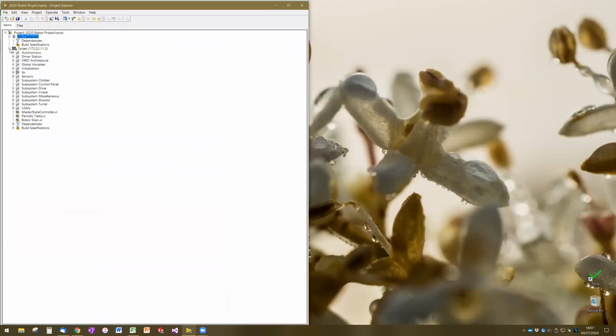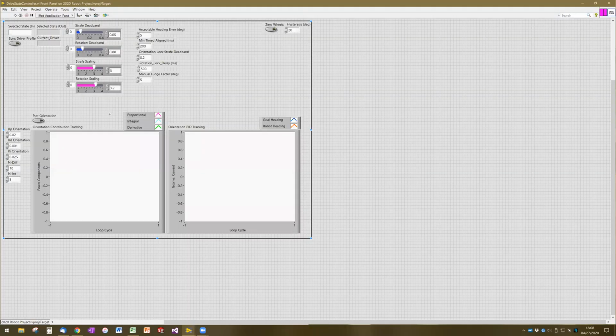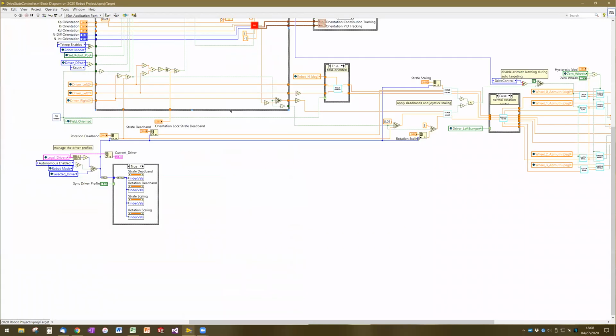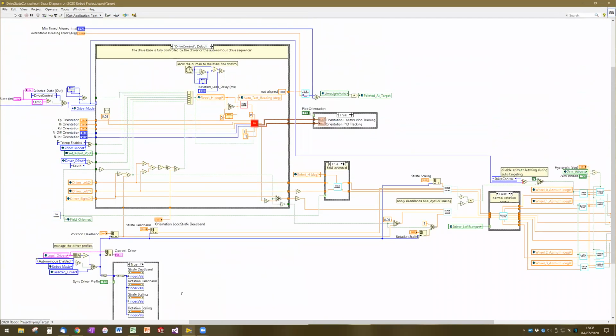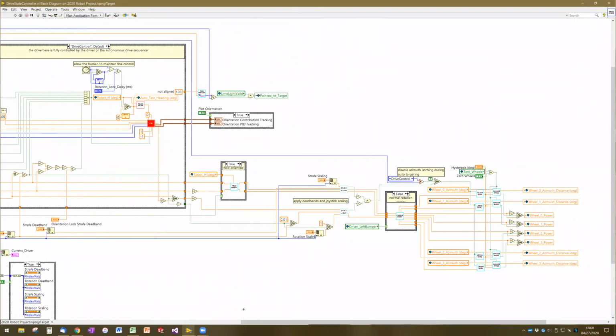And we're going to be doing all of our work, well, most all of the work with functions, inside of the subsystem drive folder. And specifically, we're going to be looking at pieces of the drive state controller. So the math that we talked about last session was really focused on converting our 3 joystick input values into